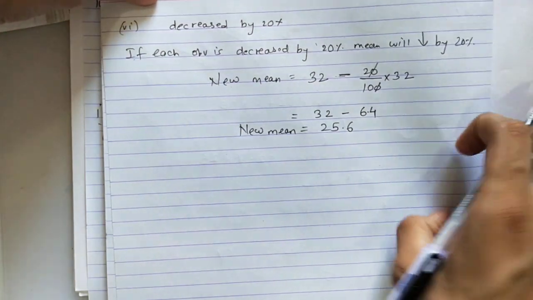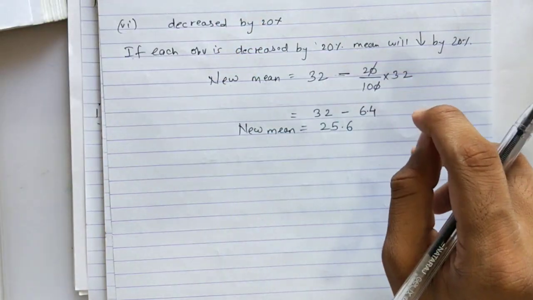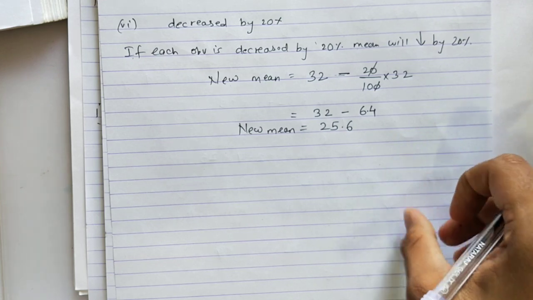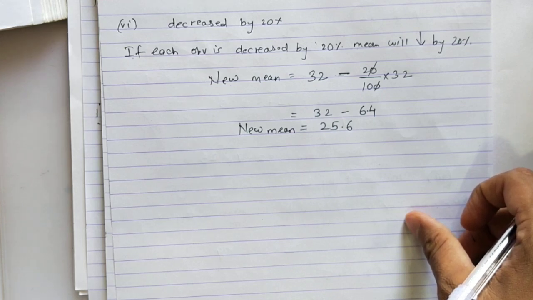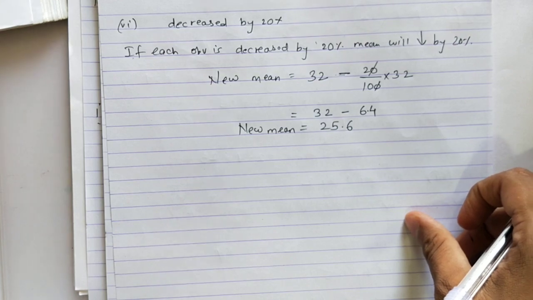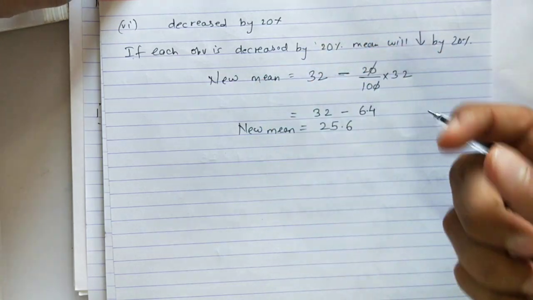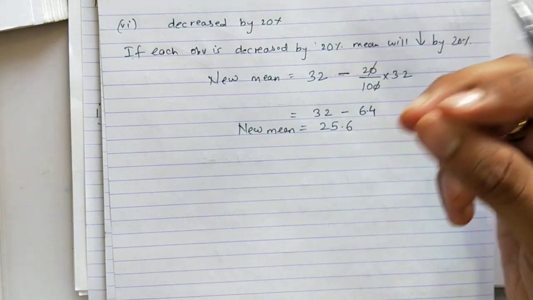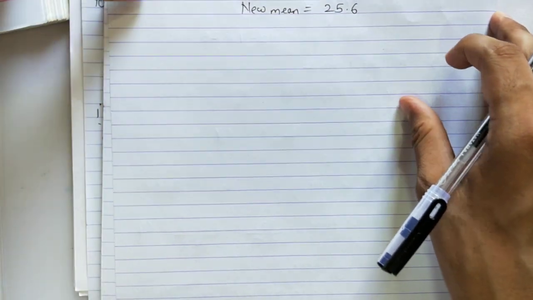Now, from question number 8 to question number, I think there are 16 questions. Just a minute. So, there are 16 questions, yes. And we are on question number 8 now. 8 to 16, all these questions are different from each other. They are not simple questions based on mean. So you have to understand properly how the question works. I'll explain in detail, but pay attention carefully because each of the sums is different from each other.